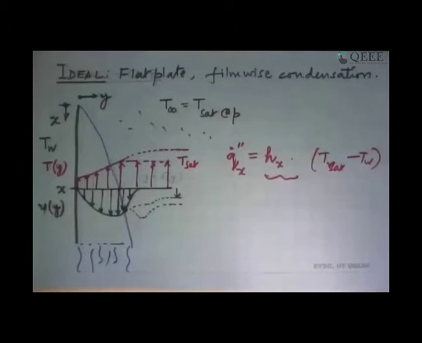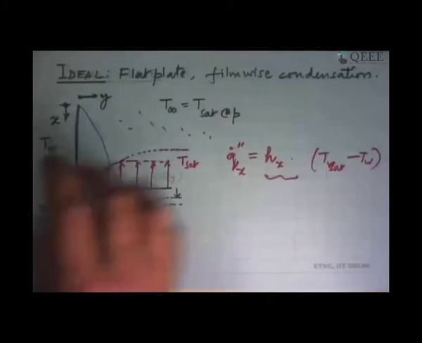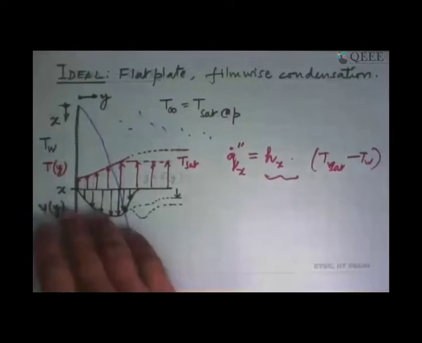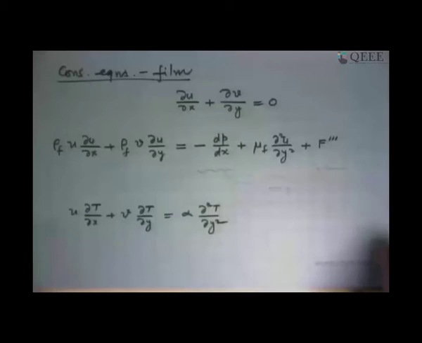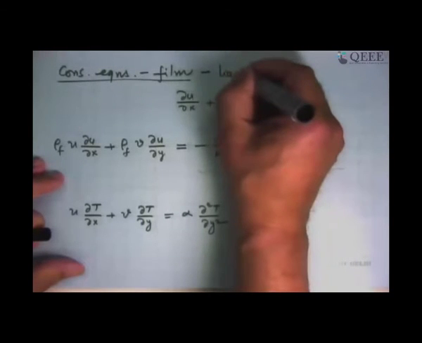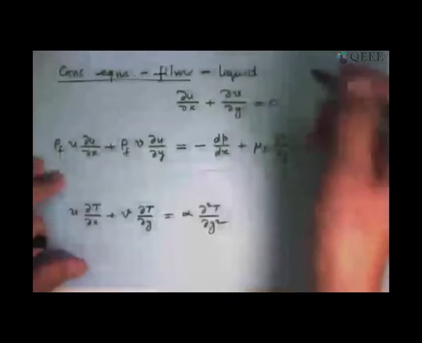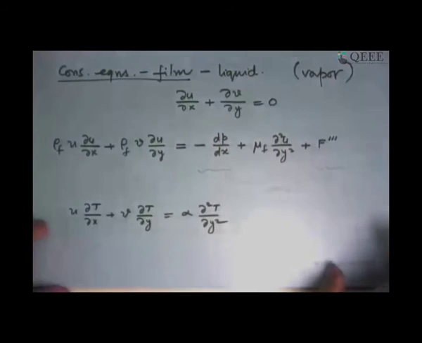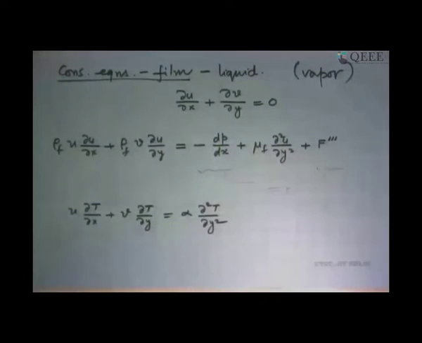So for this case, where you have a nice continuous film, the approach will be similar to what we have looked at for the other convection phenomena. We can write the differential equations for the film. What we are writing here is being written for the liquid phase. Ideally, yes, you would also have to write a similar equation for the vapor phase with the boundary condition that there is no slip condition, same temperature condition at the film surface.